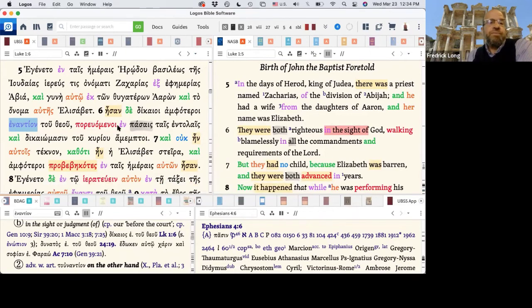It would be interesting to see if anywhere in the Old Testament where we have people being called righteous before the Lord, they use the word lifnei. Because lifnei, with lifnei Adonai, is usually communicating in the presence of, like in the sight of God. But in a judicial sense, this may suggest a judicial kind of sense.